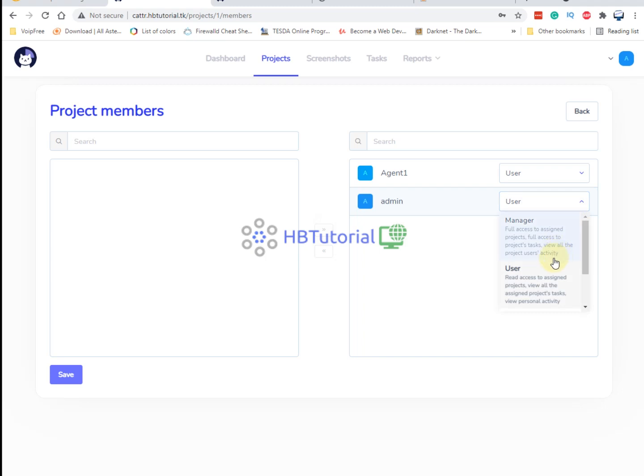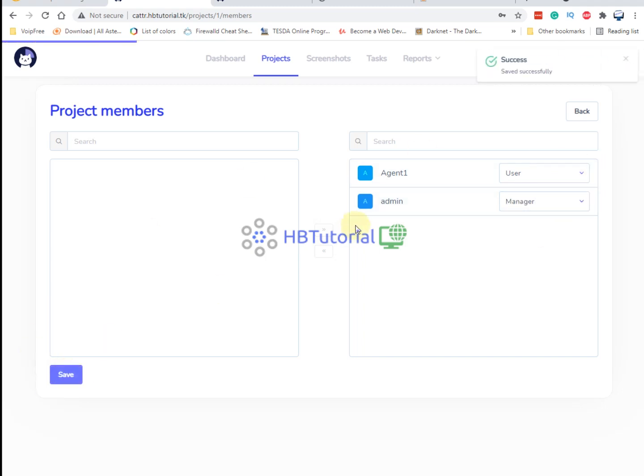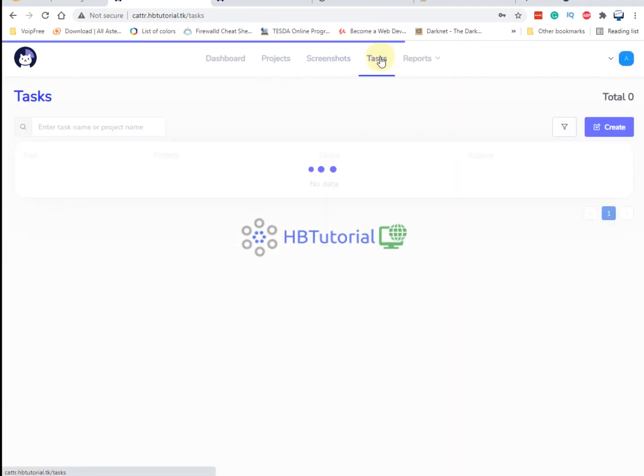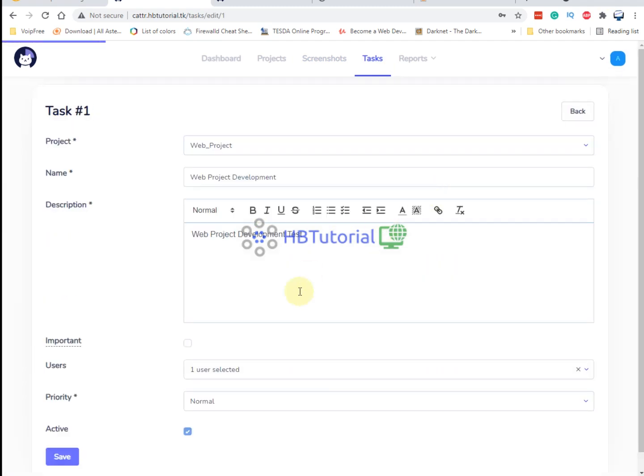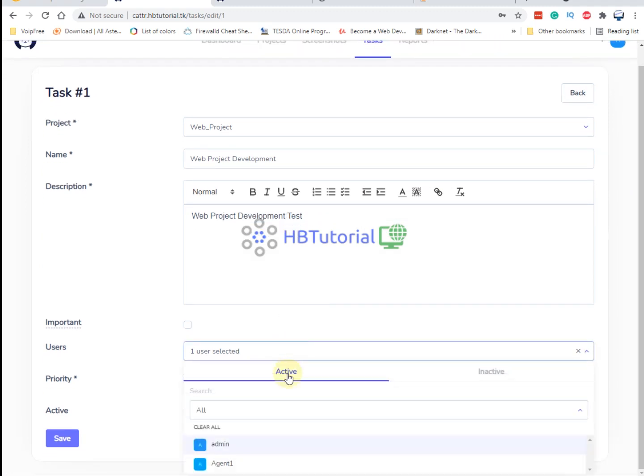It should be my manager. Okay, then see the task. You can create another manager user for the development. So don't give the admin account, or you can create another account. Okay, so once we are done with all the creation of